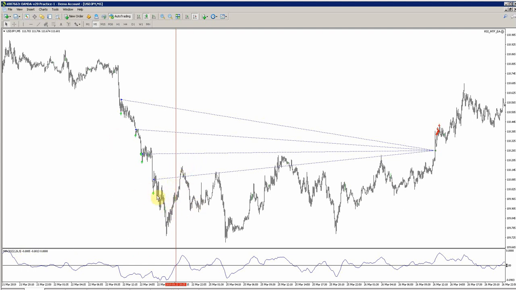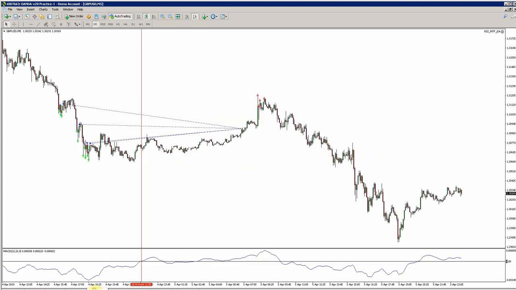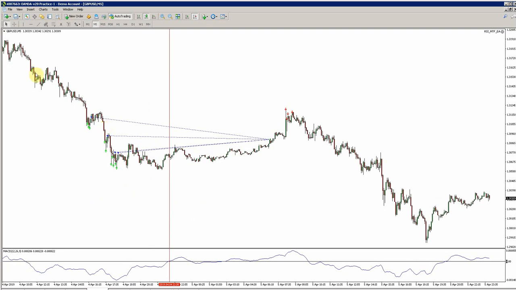So that's one example of a trade that got me into trouble. Let's have a look at another one. I think the next one is the GBP USD. Again, if I scroll back over here slightly, strong downtrend which happened all the way back on the 4th. Showed one signal here, and 2 signals there. So 4 trades